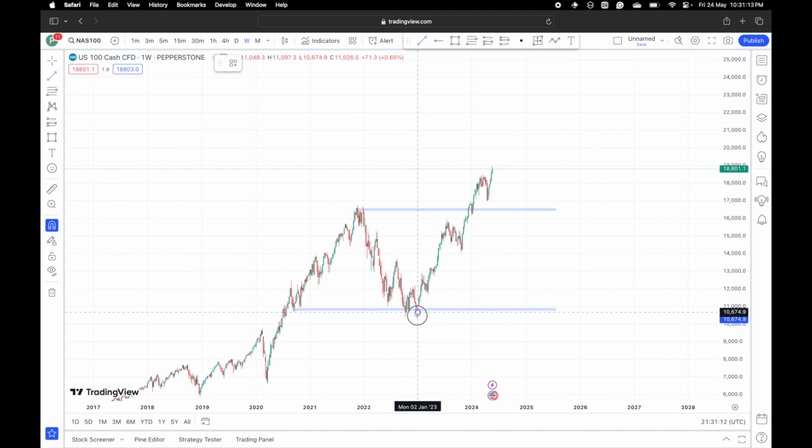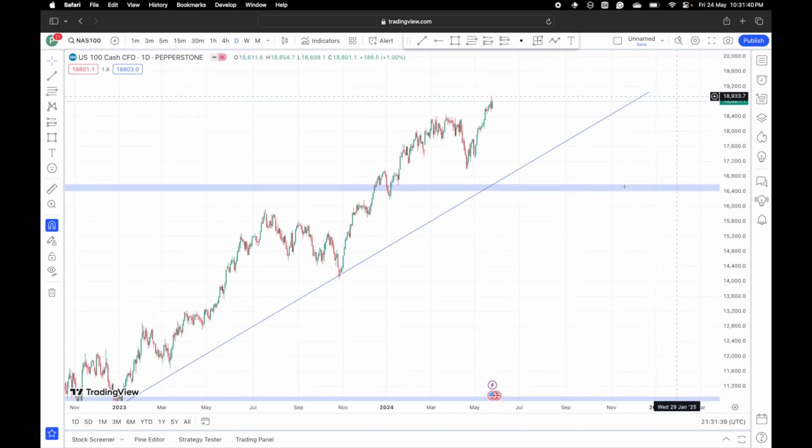So I'm going to plot my trend line from this point. So I have a trend line here, and as we can see, the market has done the first and second touch and is yet to do a third touch of this trend line. So we don't know when market will come to this trend line, but for now we're going to work with what we have. So coming down to the daily time frame,